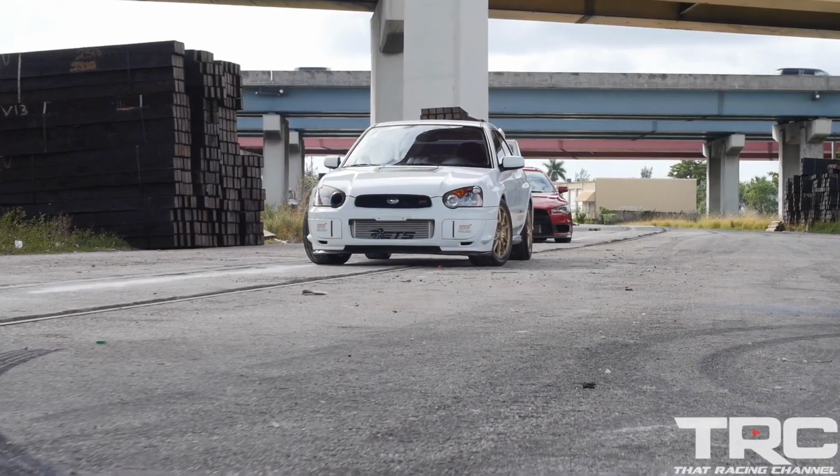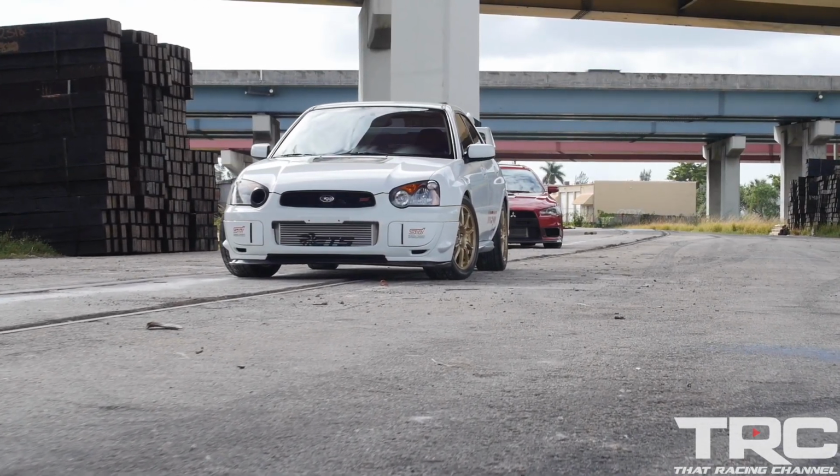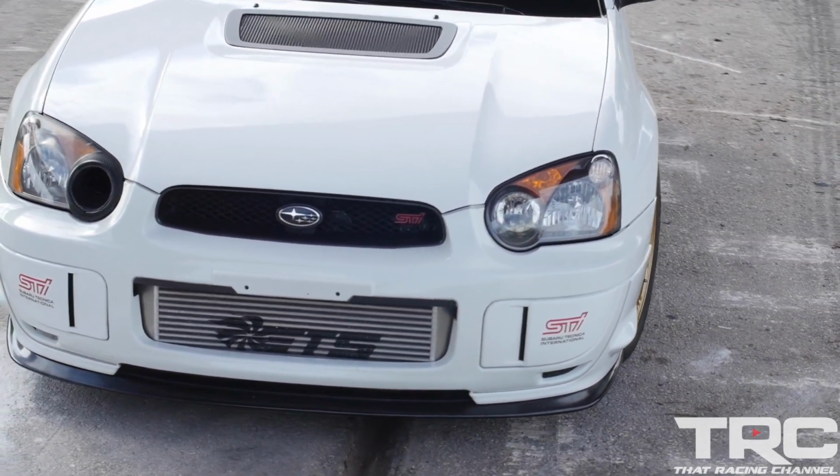So this car, what engine management is it on? AEM Infinity. Okay. Nice. And I think you mentioned you were on Cobb before? The car was on Cobb before. It ran great, honestly. But